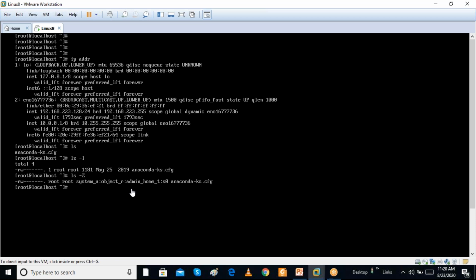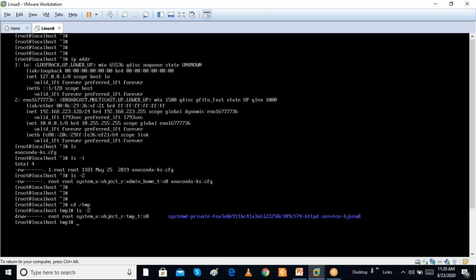But if I go to the tmp directory with cd, we can see the security context of all the files, and they have different security contexts. I have some folders here, system_u, and mainly our context is tmp_t.